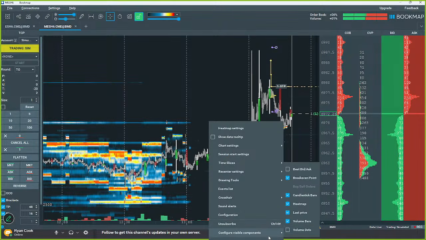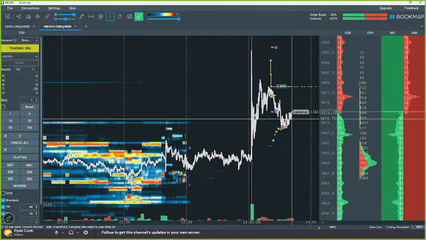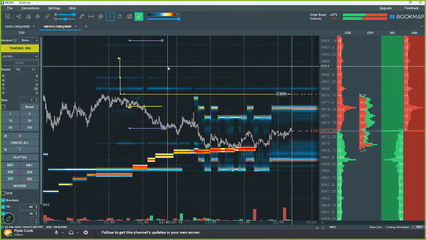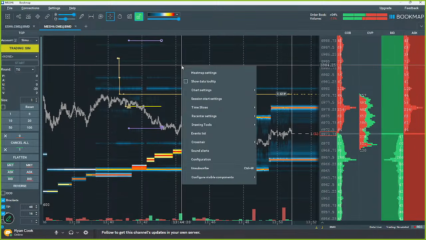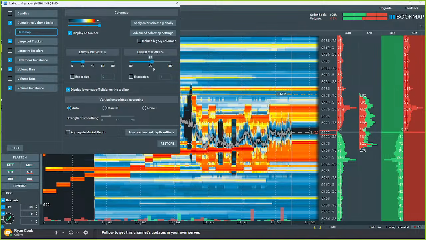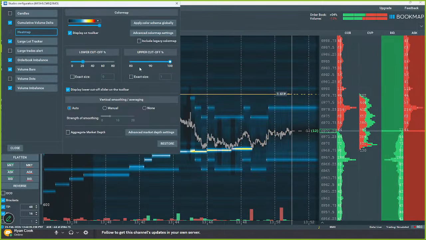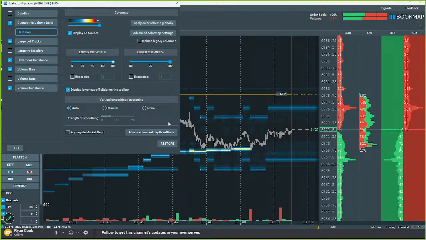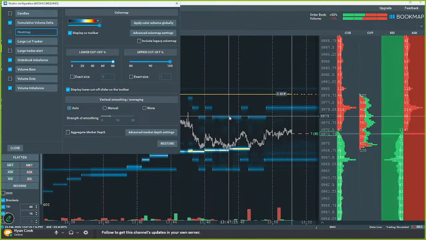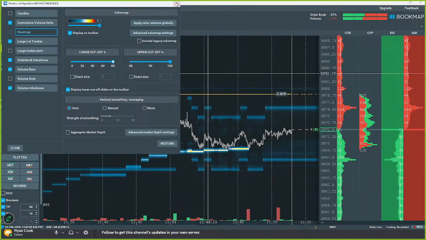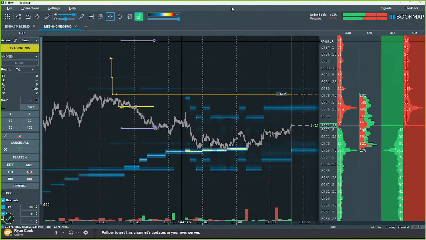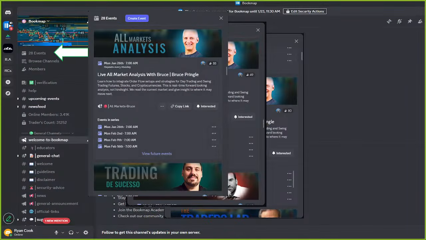For me, I just got so used to it finally having them not on there. All I care about is where is price and where are unfilled orders. I even have a lot of custom settings on my heat map so that it only shows specific orders. If I were to go to my heat map settings and drop a lot of these down, it'll give me a lot more activity, but I'm just trying to isolate only my major orders. That's why we're in after hours, and that's why you're not seeing a whole lot right here. I try to silence as much noise as possible with my trading. I get distracted easily. It's like butterfly or squirrel, whatever it is, right?